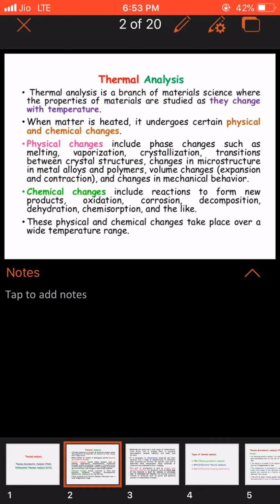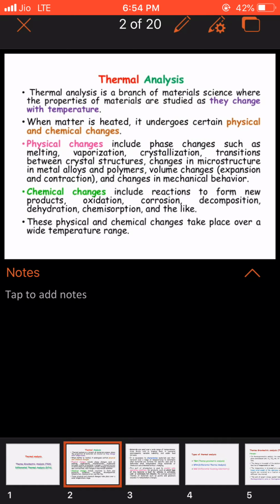So, the basic physical properties that can undergo a change when you subject a material to heat: the material can undergo a change in temperature. If you reduce the temperature of that material by extracting heat from it, it will undergo some kind of change. If you supply heat to that material, which will increase its temperature, this will induce some other changes. So the mostly studied physical changes are phase changes.